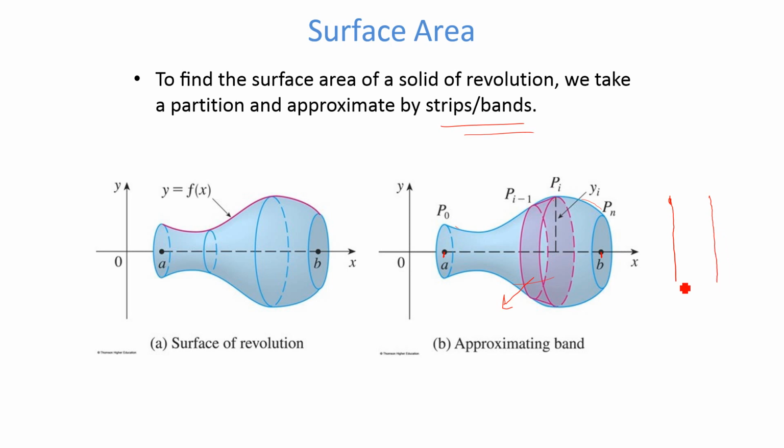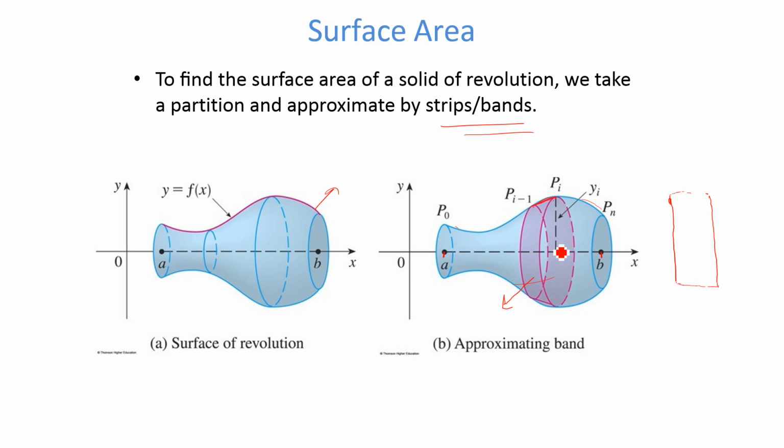I said nearly because these lines are of course parallel to each other, but at this point this is not going to be exactly the straight line parallel to the x-axis, the horizontal straight line. Because there is a curve when we cut it, and for this curve, the equation of the curve is y is equal to f(x). So when we revolve this